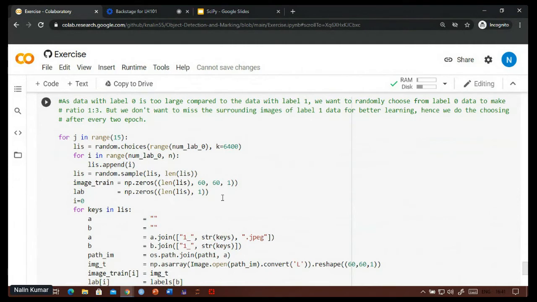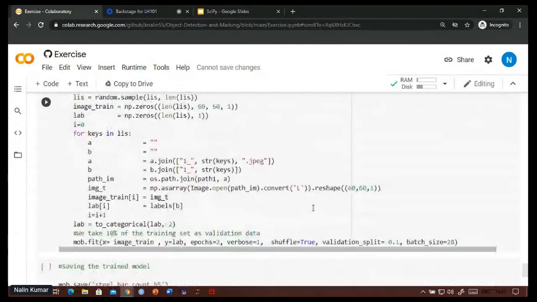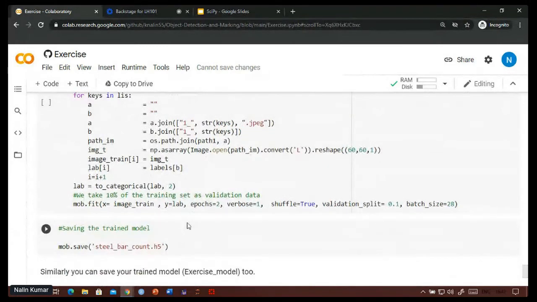This will be done after every 2 epochs, so that we can hope the surrounding images of every one labeled cropped image will in some epoch get into the training. In this way we can expect our model to have complete knowledge of the whole image. And finally we'll save the model.